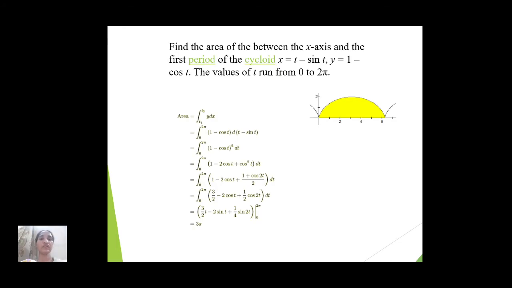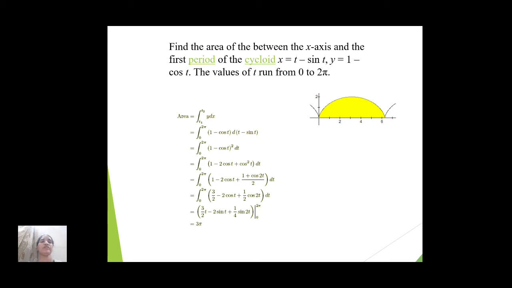Then we get integral 0 to 2 pi 1 minus cos t whole square dt. That means 1 minus cos t whole square, a minus b whole square formula. So a square, 1 square plus b square, cos square t minus 2ab, minus 2 into cos t dt,